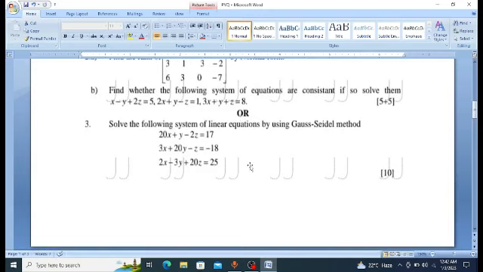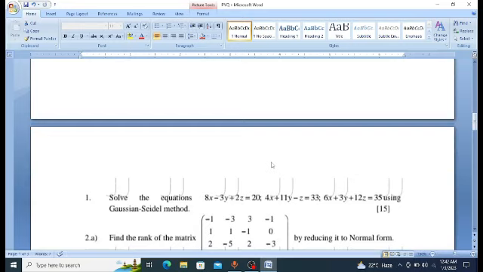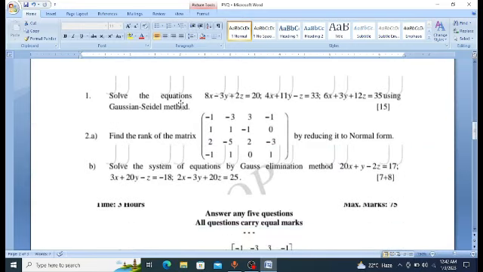Calci operation is mostly used in this method. Next we'll go with one more question here: solve the equations using the Gauss-Seidel iteration method, as I told you previously. Same here, you get that mod of 8 is greater than or equal to mod of 3 plus mod of 2,